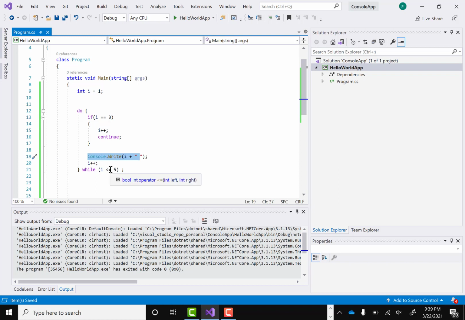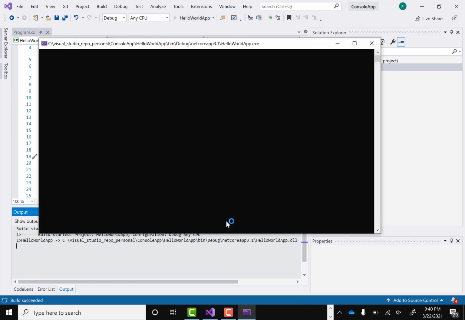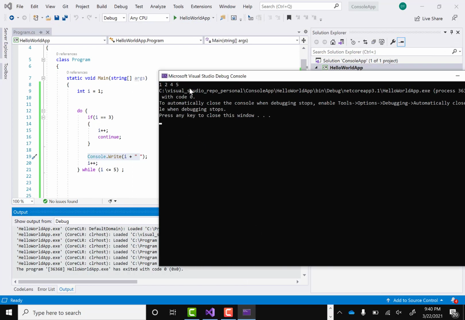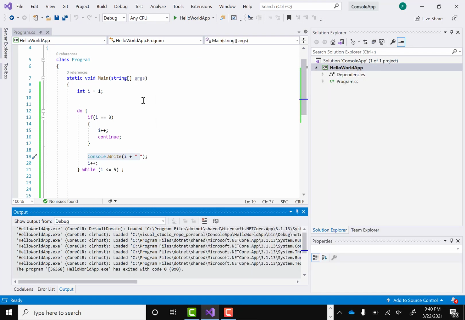So in this case it will print 1, 2, 4, 5. It won't print 3. So again, if you run this one, you can see it has printed 1, 2, 4, 5, right? So this is what we have seen, how we can use the break and continue statement in the for loop, while loop, or do while loop, right?